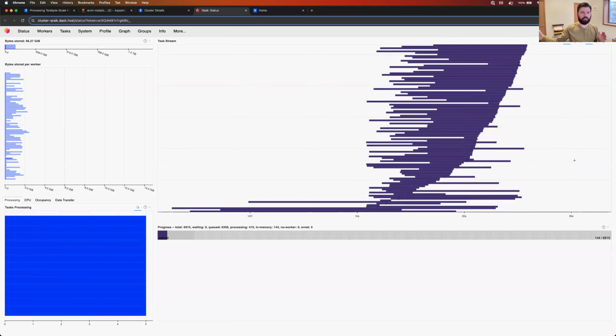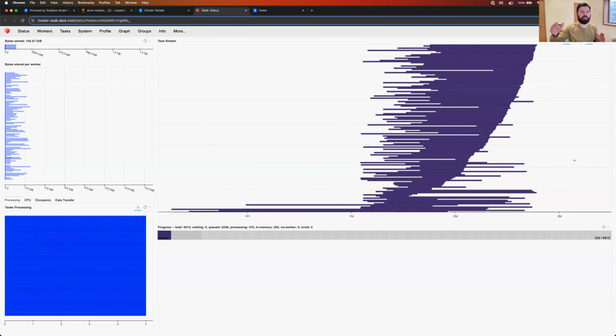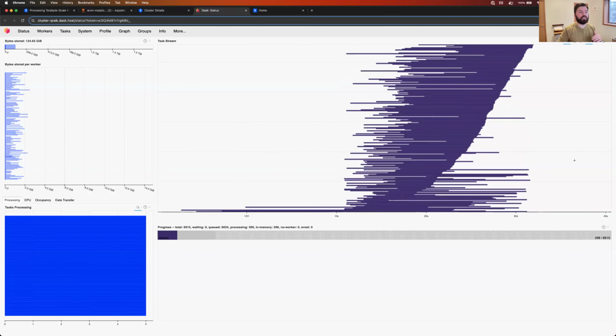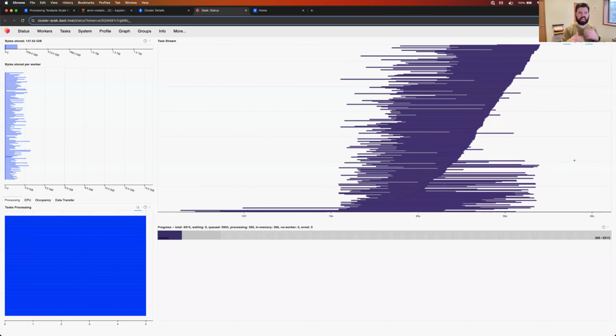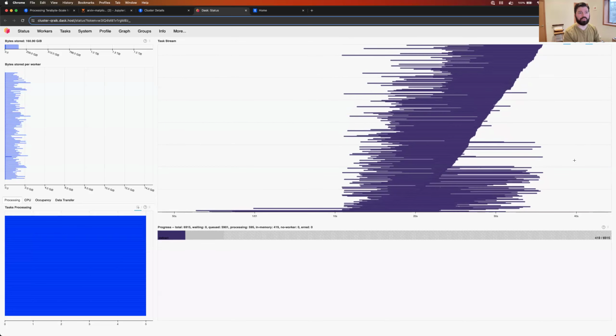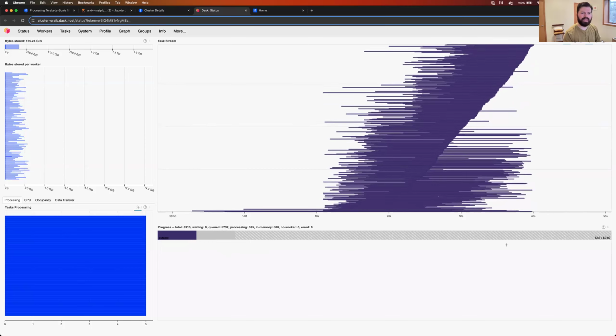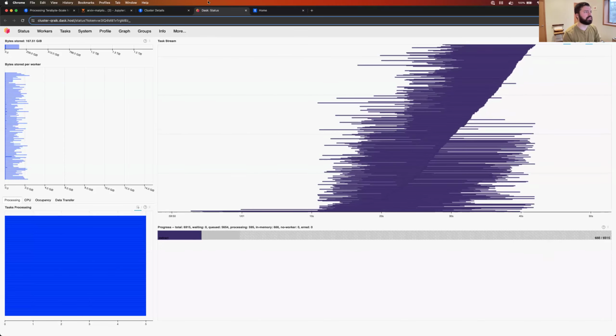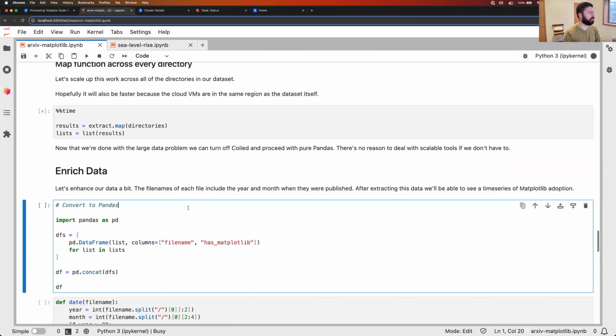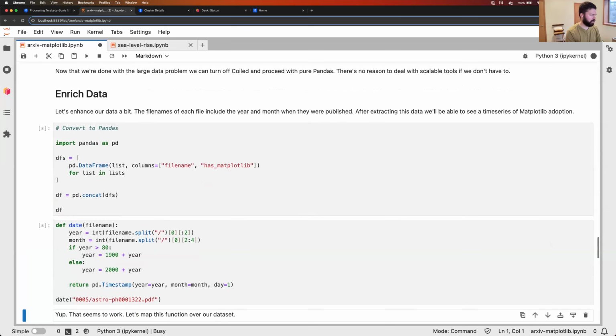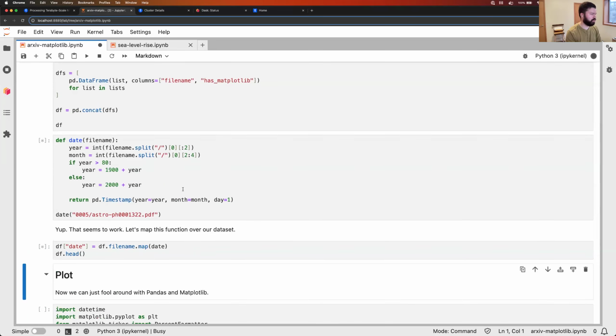And then we're going to churn through all of these directories, and after all that work is done, those extra VMs are going to adaptively scale down. So that scaling up and scaling down just depends on how much work you've asked Coiled to do. And we're going to sit here and churn through this. It'll take a couple of minutes, so to make good use of our time,